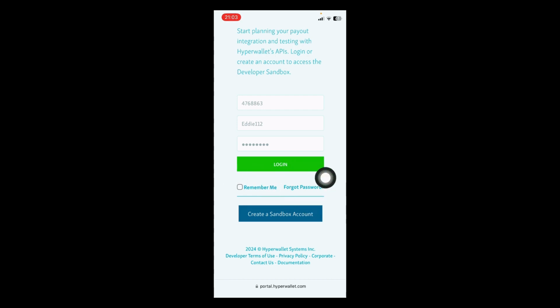If you forgot your password you can click here and it's easy. There is also an option to add this one, remember me, so next time all the info is